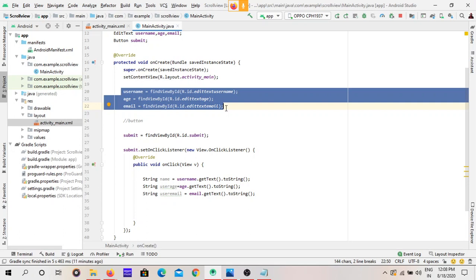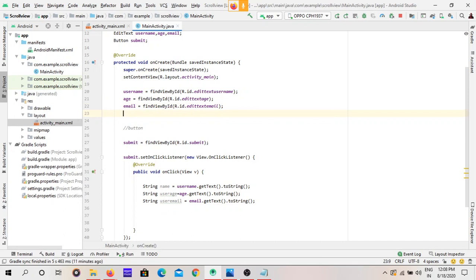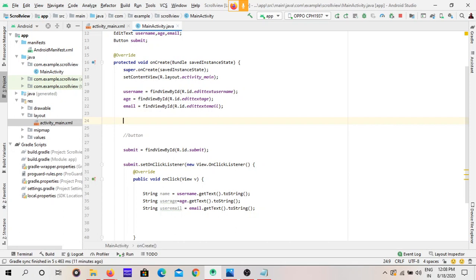For that we have a POJO class in Java. You can go through the internet to see what a POJO class is. It is plain old Java object. First we have to create one POJO class. It is also known as a model class in Java. Wait a second, Android Studio is very slow today.